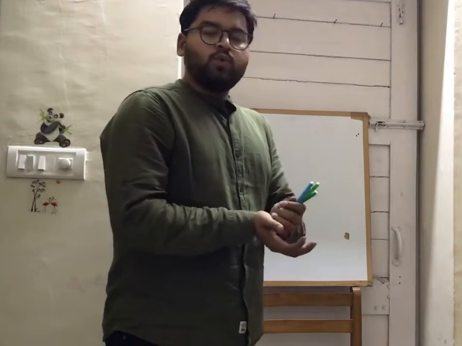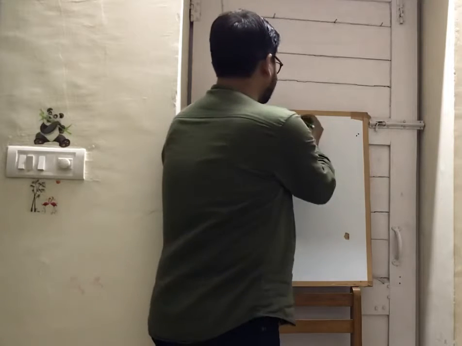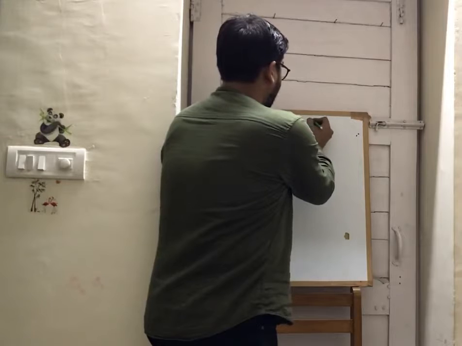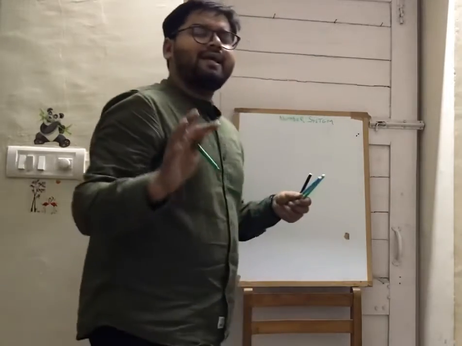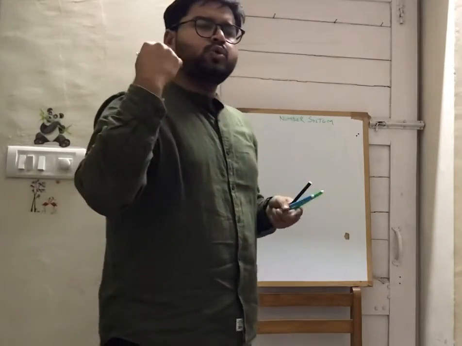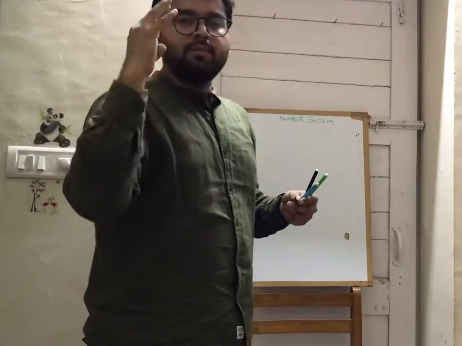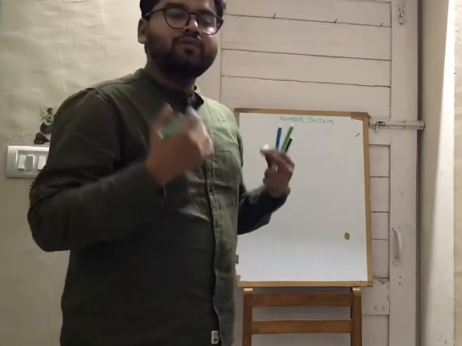Hello students. So now we are going to understand about the number system. We have different types of numbers in our mathematics up to 10th level. From the first class we introduced you to numbers like 0, 1, 2, 3, 4, up to as much as you can remember. So today we are going to learn about the different types of numbers that we know.